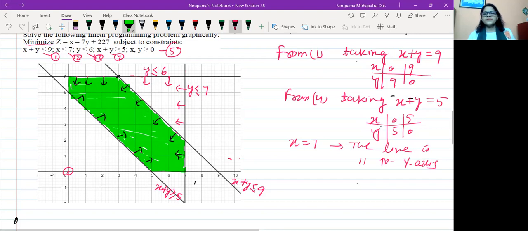After setting this common region, let's see the points. Corner point 1 is 0, 5. Next, this is y equal to 6 we have taken, so 0, 6. This line is x plus y equal to 9. With y equal to 6, x is 3. You can see this from the graph also. Now the point of intersection of x plus y equal to 9 and y equal to 7. If y is 7, x will be